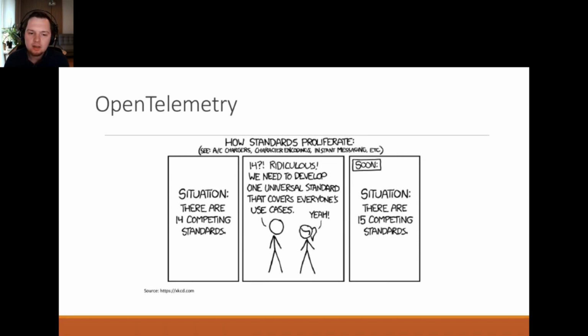So what is OpenTelemetry then? Well, it's a single set of APIs and libraries that helps you to standardize the way you collect and transfer the telemetry data. It's just that, or as much as that. It's a standard way of collecting the data.